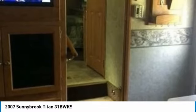The features on this RV are many. Great cooking area with a 3-burner stove and oven, large microwave, refrigerator/freezer, double kitchen sink with water purifier, dinette with chair seating, two televisions throughout, surround sound,